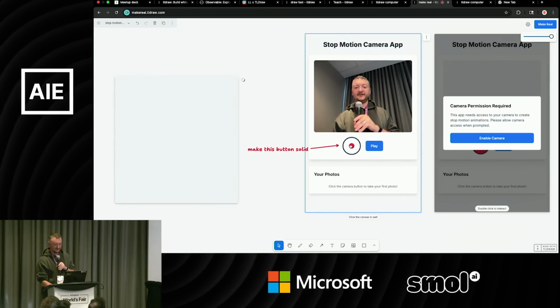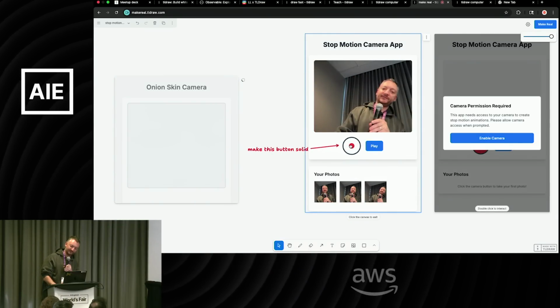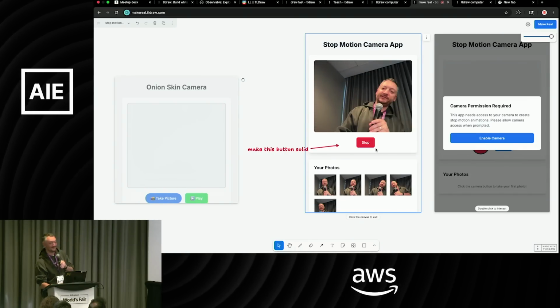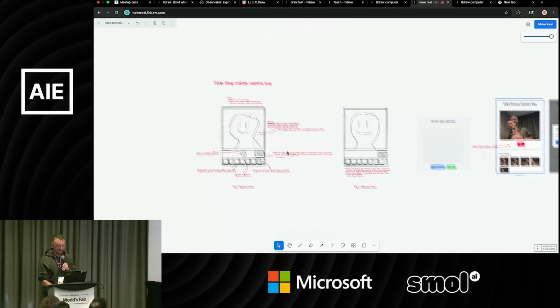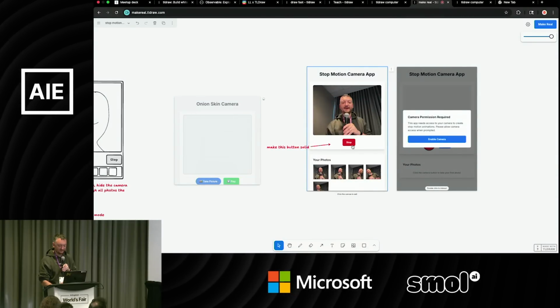I just did this during the last talk. That's my app. You know, I can do this. It's doing the onion skinning, and there's my GIF, right? And not surprising. I mean, you can add images to Cursor and stuff like that, and it just works really well. But the fun part is, because I'm going to stop this,